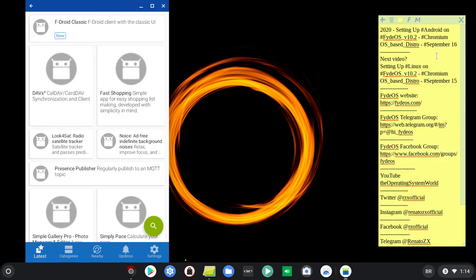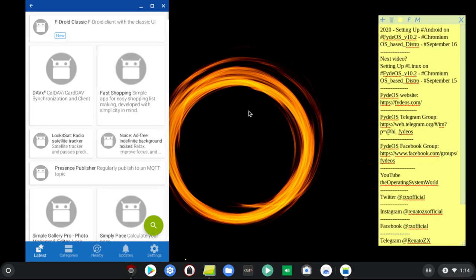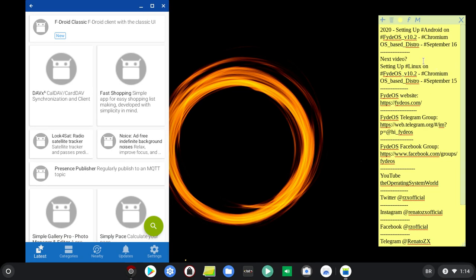Because I have this web app here from Chrome OS, and this one here is from Android. So when you take a screenshot here, you use the Chromium OS screenshot, and then it uses the Android screenshot here too. But anyway,